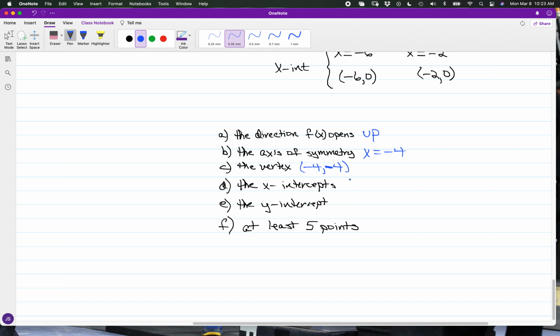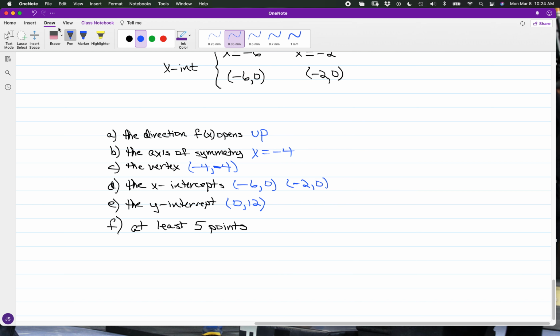And for the x-intercepts, again, we have negative 6, 0, and negative 2, 0 if I use coordinates. And for the y-intercept, that is going to be at 0, 12. And if I were to identify at least 5 points,